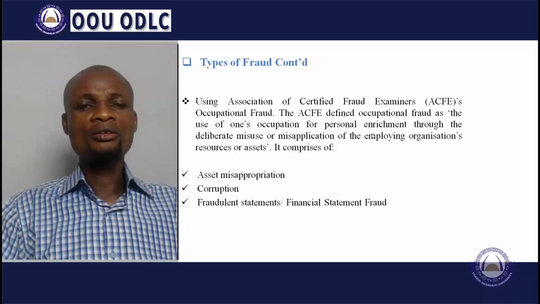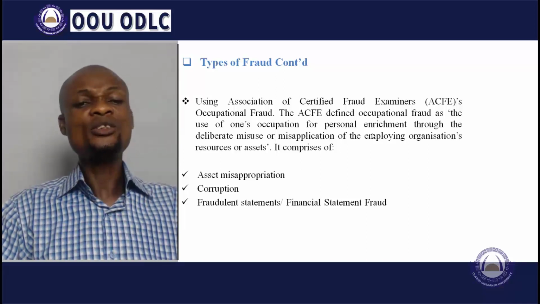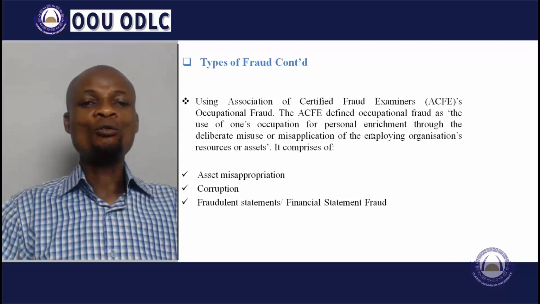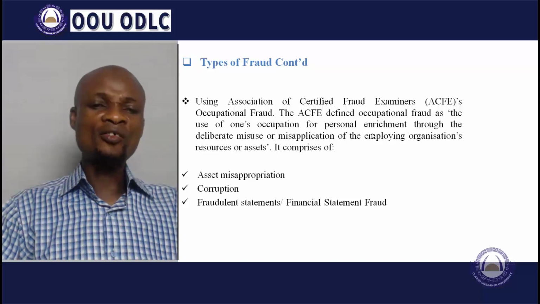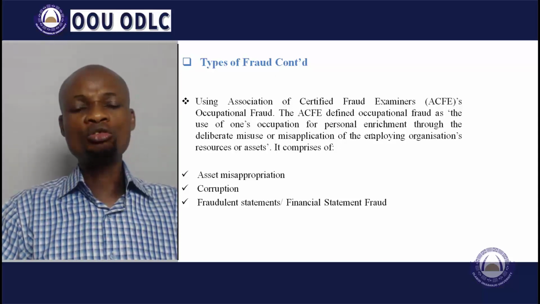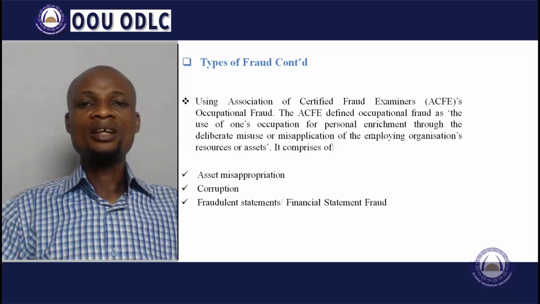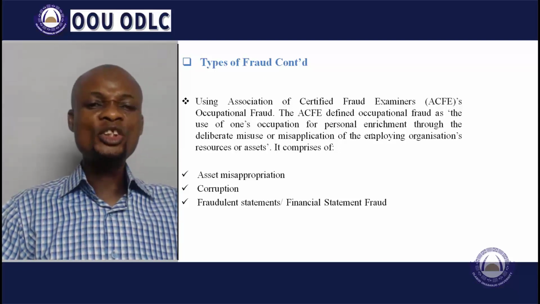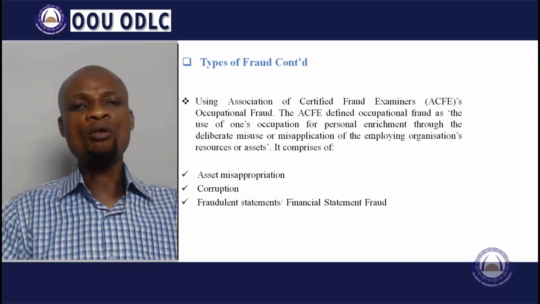This occurs when employees use organization assets for what they are not meant for. For instance, the vehicle of the organization that is meant for official use, you are not using it for personal use. Or for instance, the system or the television or the drone that is meant for the office, you are not transferring them to your own personal house. It's a form of fraud.